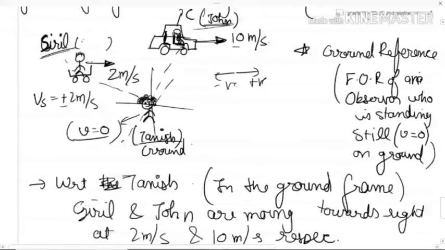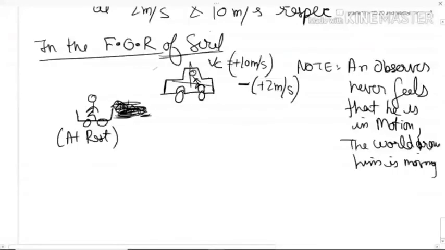Yes or no, guys? Similarly, velocity of the car was also 10 meters per second, so plus 10. Either you can write this plus 10 or you can write it in i cap j cap form. That's up to you. i cap j cap form will come later when we'll discuss 2D and 3D. Okay. So velocity of car with respect to Cyril is how much? Plus 10 minus plus 2, which is basically 8 meters per second.